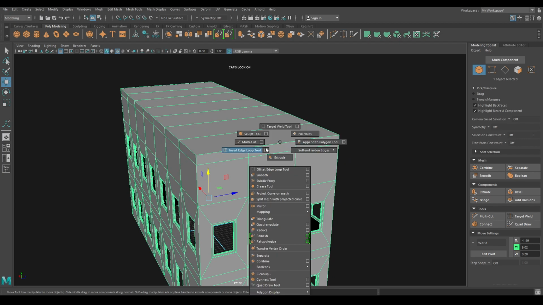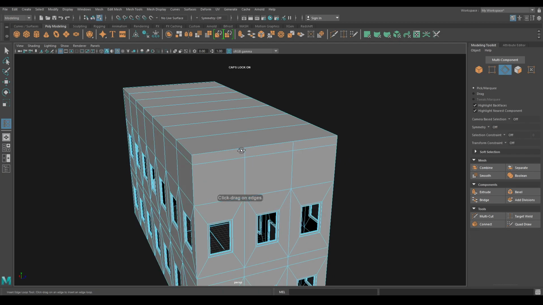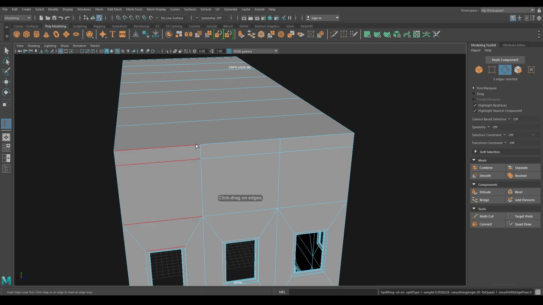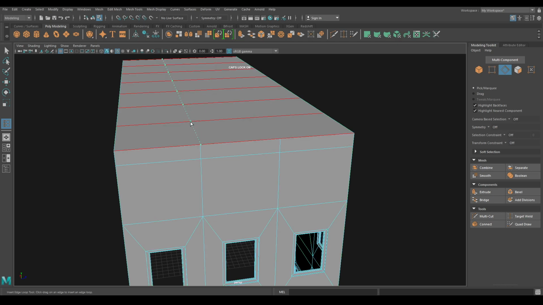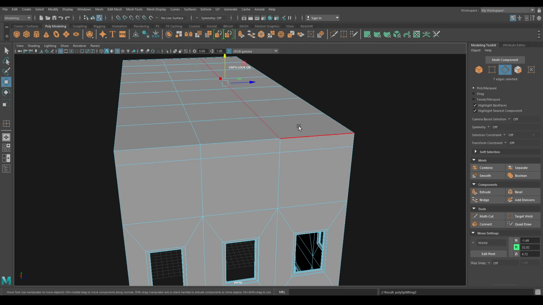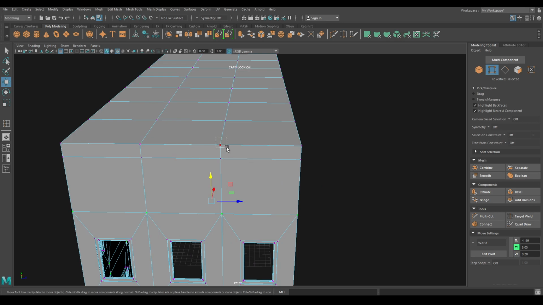Now press shift right click and select this insert edge loop tool and create some edge loops here. Now go to vertex mode and select these vertices.